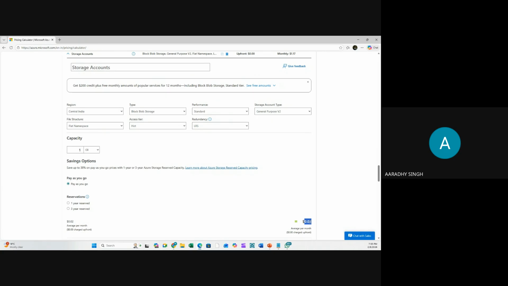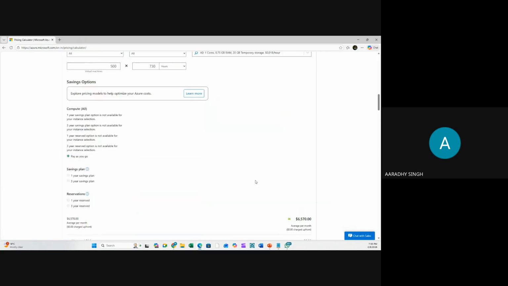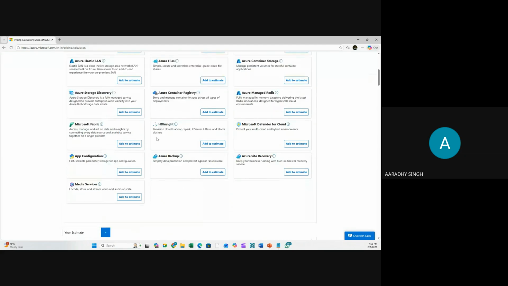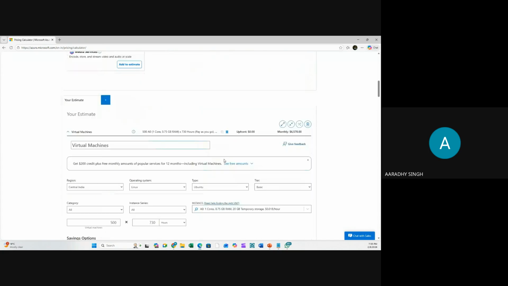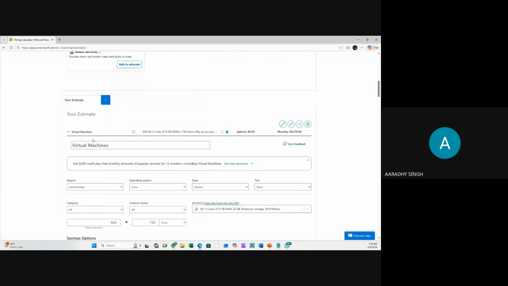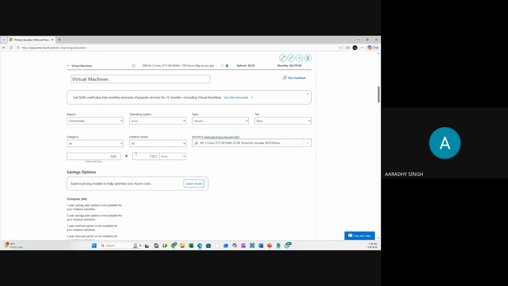So guys, finally, let's calculate the cost. Similarly, suppose I'm looking for Data Box, I'm looking for this, that, whatever services you're going to use, just go and add the service and calculate the budget. Finally, suppose to set up a call center, I was looking for 500 machines. These machines will run 24/7. Or if you're working on shifts, suppose these machines will not run 24/7, only 8 hours in a day. Then 300 hours per month I'm going to run my machines.